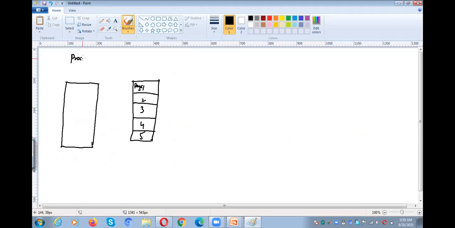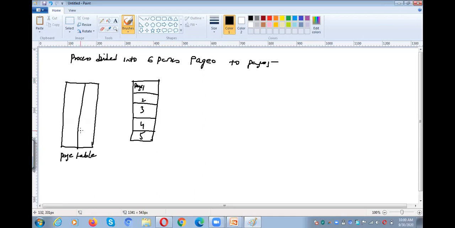My process is divided into 6 pages, for example, page 0 to page 5. So this is the page table. The outer part is the page number, this is the frame number, and this is the valid-invalid bit.